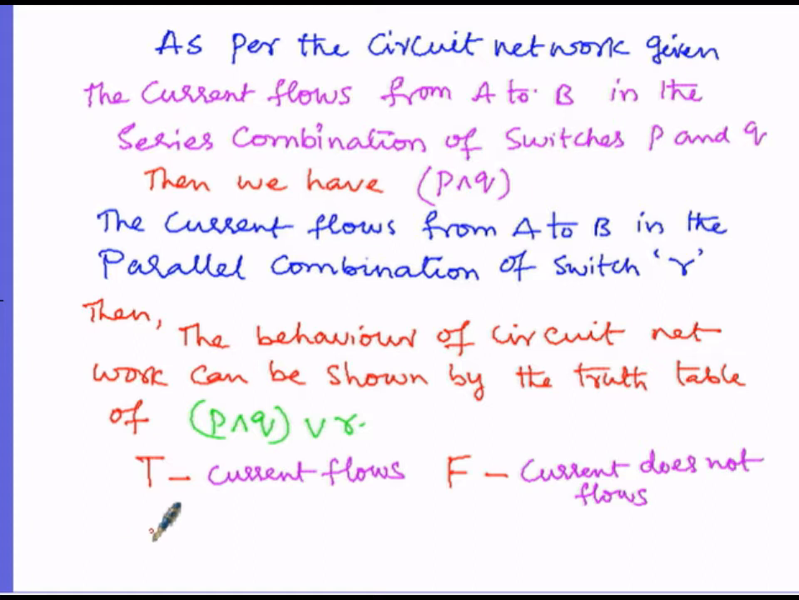When it is true, it is understood that the switch is closed. If the truth value is F, that is false, then it is understood that the switch is open. Then now, in the next logical step,